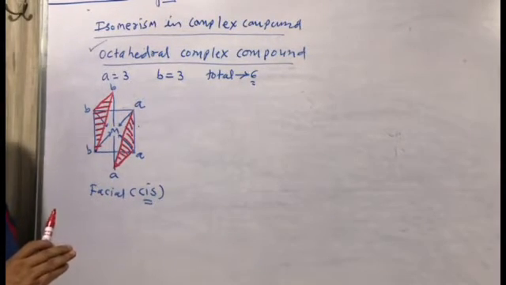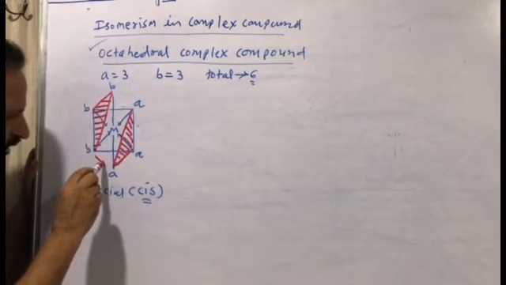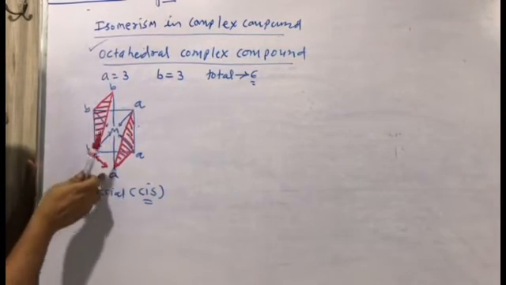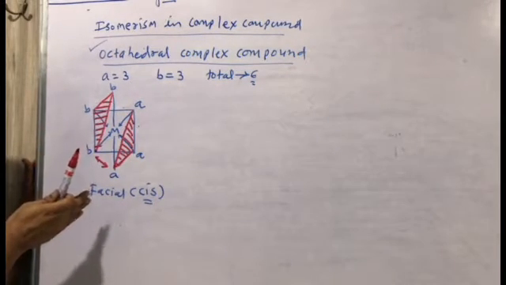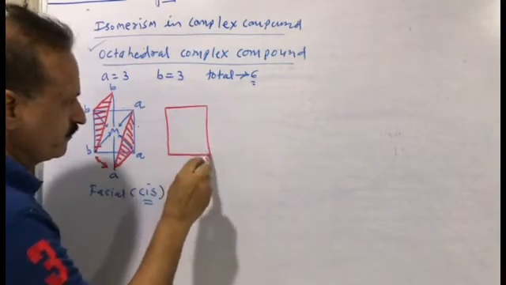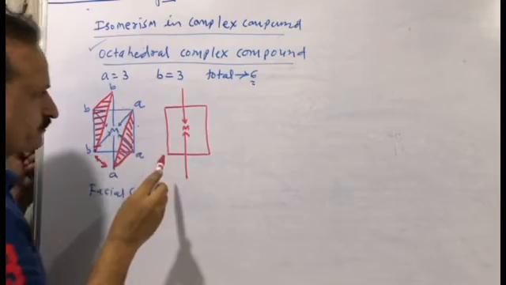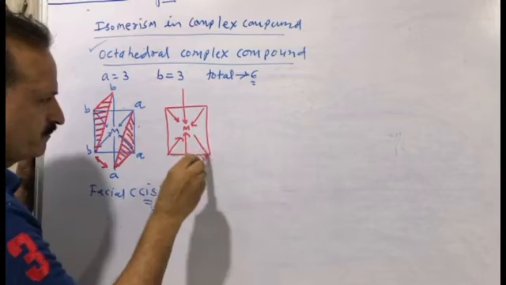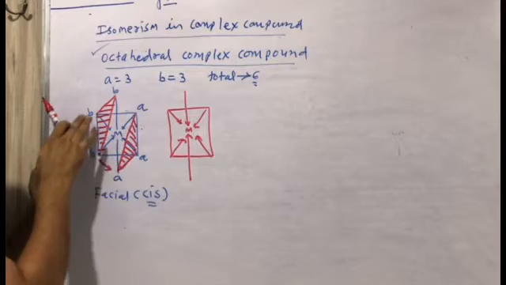Now we will form the meridional structure. What we will do, just change the place of A and B over here only. Remaining ligands will be at the same place, only A and B will be transferred, and same ligands will come on the opposite side. So drawing the meridional, metal, changing only two places. This place will be changed. Remaining 4 ligands will be in the same place.